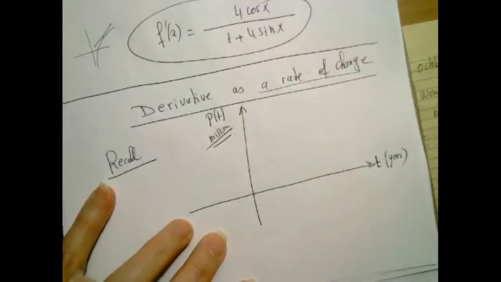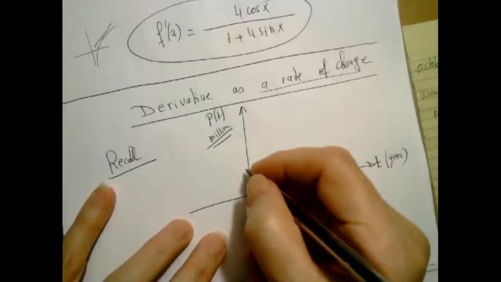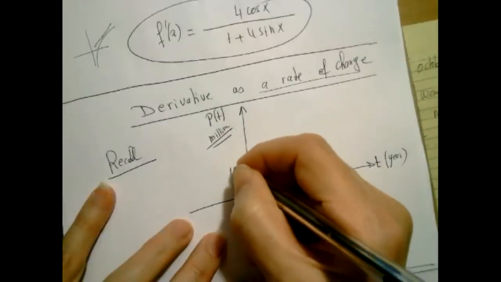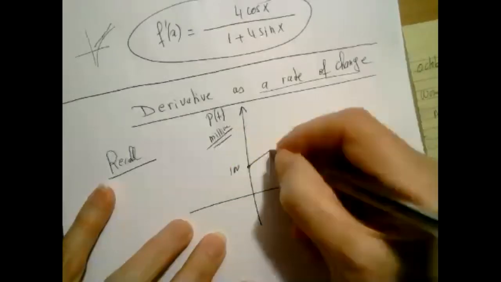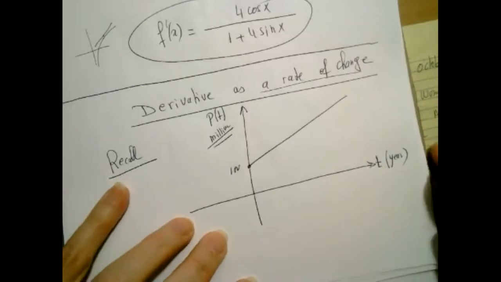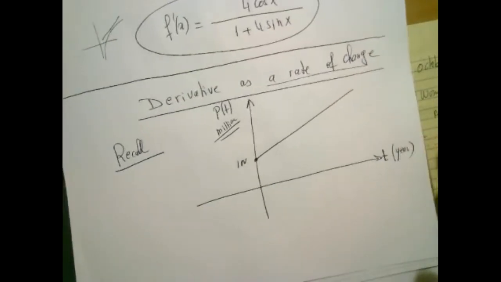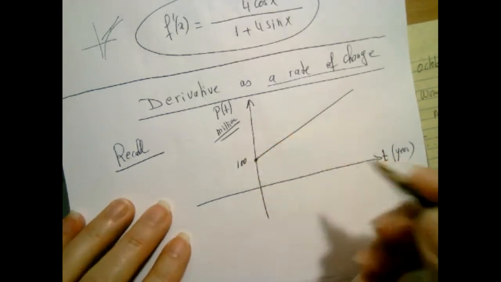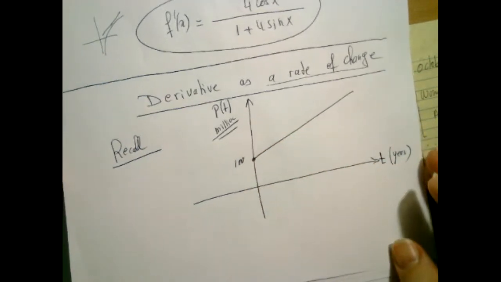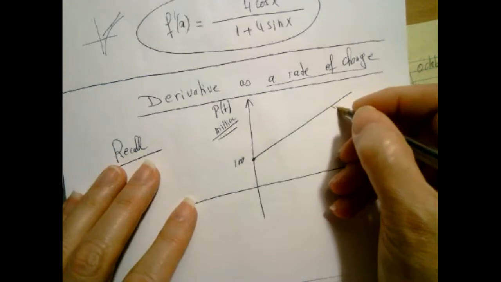And we graph the population and we have this graph. We realize that the graph is absolutely a straight line, which is usually not correct. Population doesn't grow along a straight line, but let us assume we have the scenario. And the slope of this line